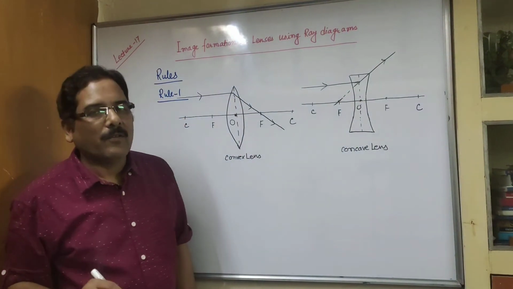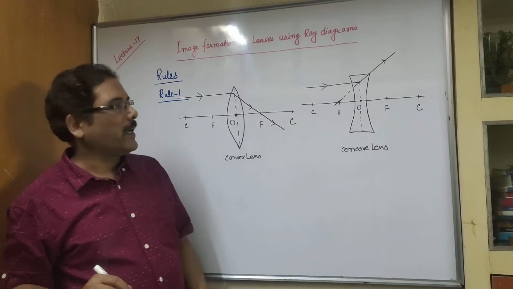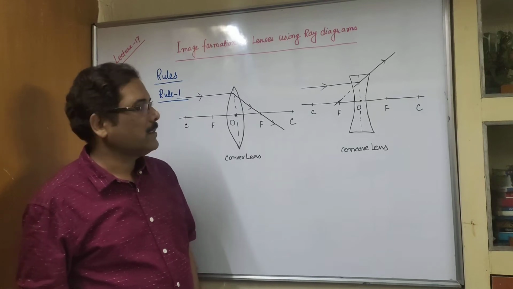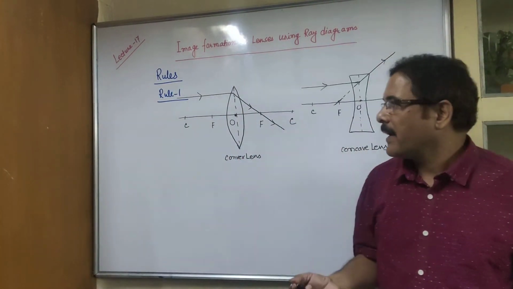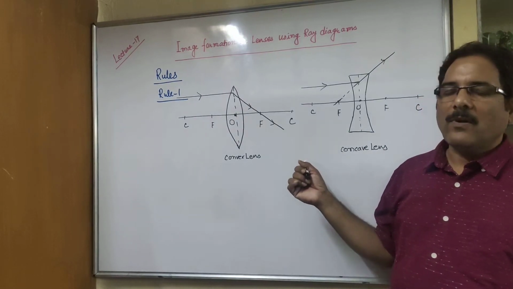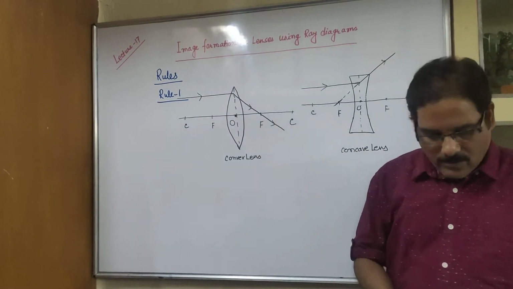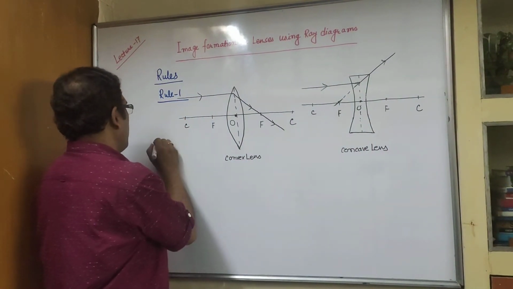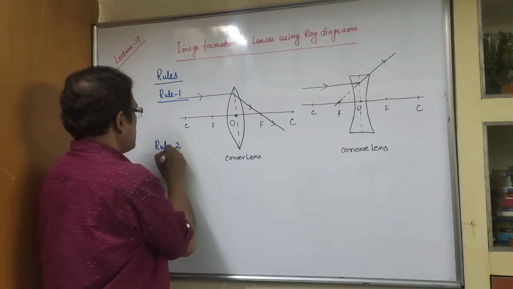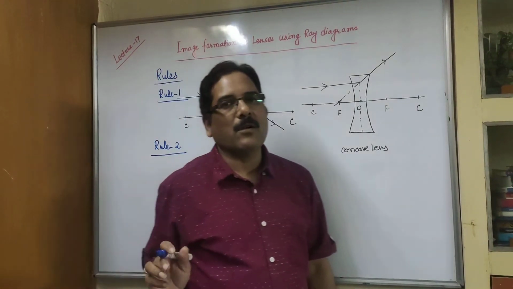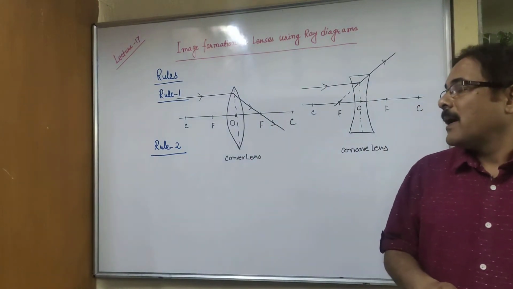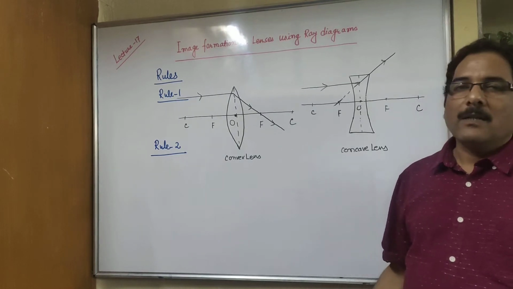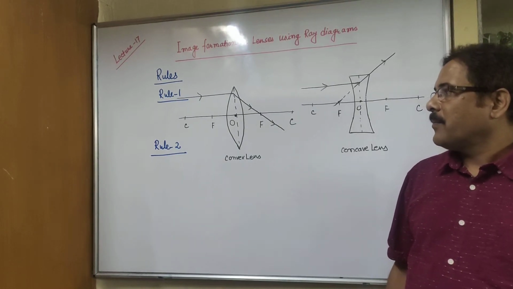So in this way, we have represented rule 1 with the ray diagram. Now, ray diagrams are very important. Sometimes you can get a question to represent the rules with the help of ray diagram. So this is ray diagram for rule 1. Now the second rule. These rules are very important because all ray diagrams are based on these rules. If you are able to understand it, then you are able to draw the other ray diagrams. And ray diagrams are very important.